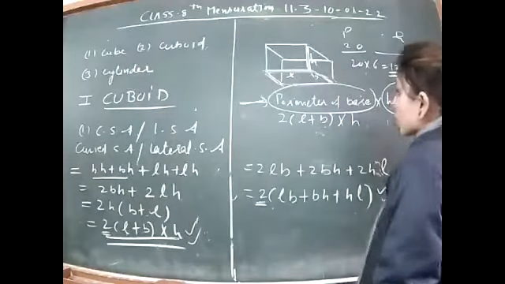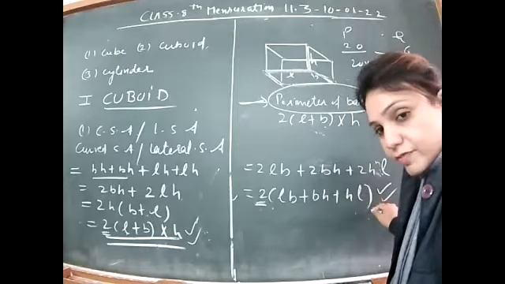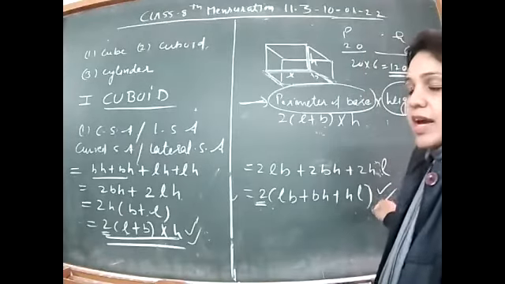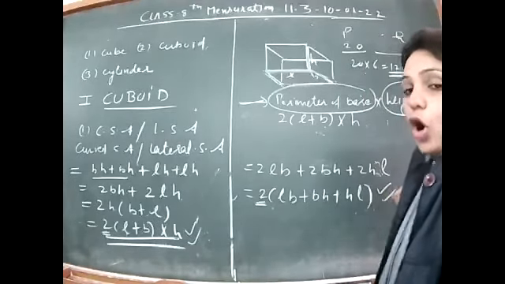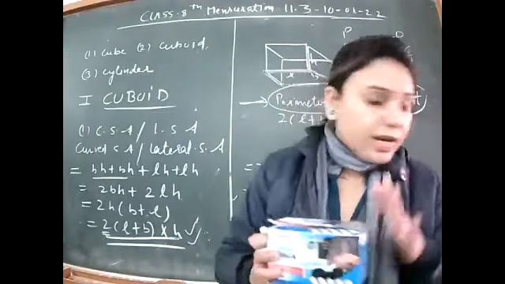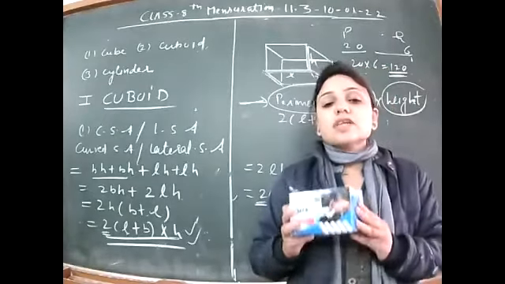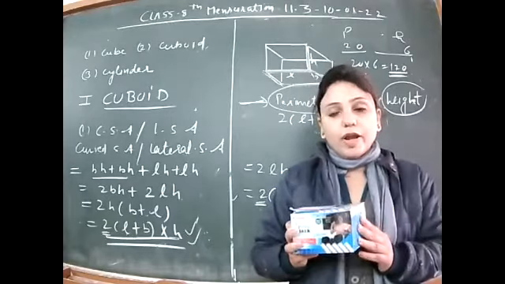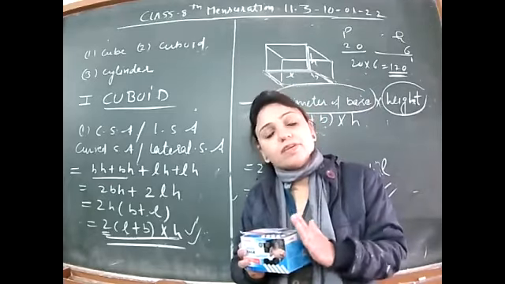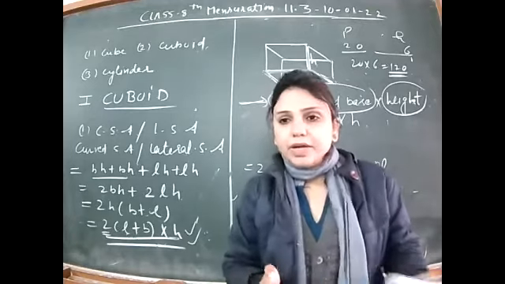Sure. Anyhow, what is the concept working behind the total surface area? The concept working behind the total surface area is that the total surface area is the sum of the areas of all the faces. All the faces that you have of the cuboid, when you add all their areas, that will give you the total surface area of the cuboid. That means in total surface area the areas of all the faces are added, and in curved surface area, the perimeter of the base multiplied by height is used.